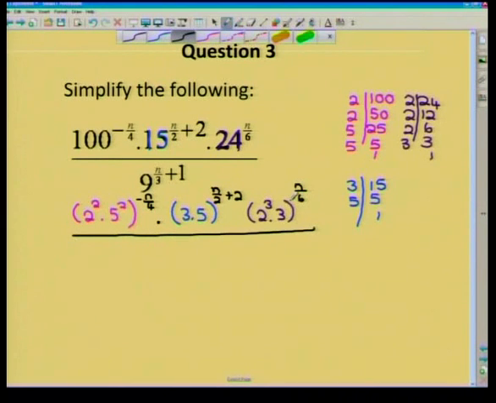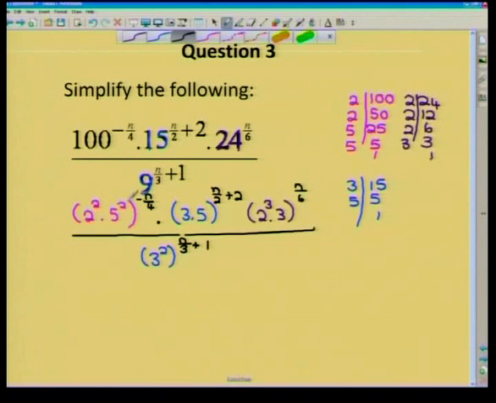Right, that leaves me with one more to find, which is this 9 over here. And 9 is 3 squared. I don't think we need to worry about that too much. Let me write that in black so you remember that is the exponent that was there earlier on. Right, and the exponent was n over 3 plus 1. Now it looks like we haven't improved the situation at all, but in actual fact we have. The original question had 100, 15, 24 and 9, and this question only has 2, 3 and 5. So having 4 numbers, we've brought it down to only 3 numbers, which is going to make it more simple